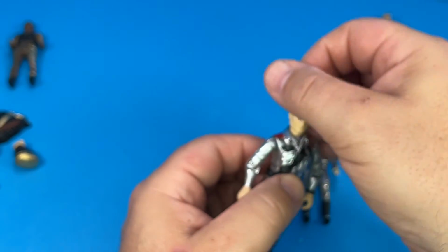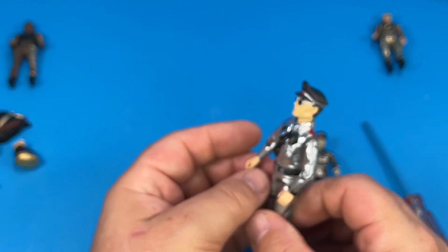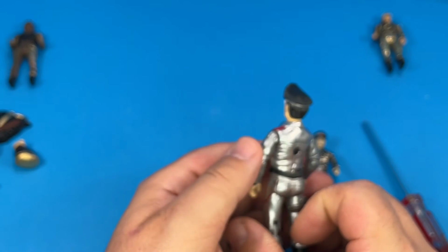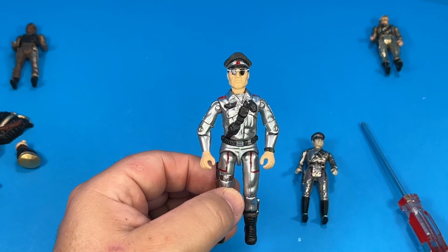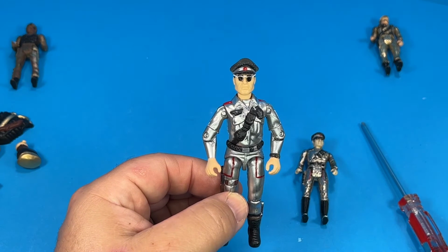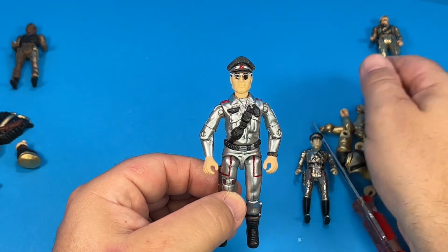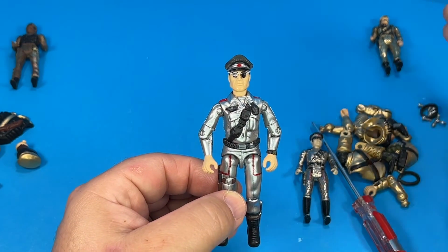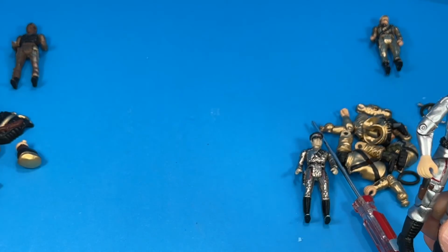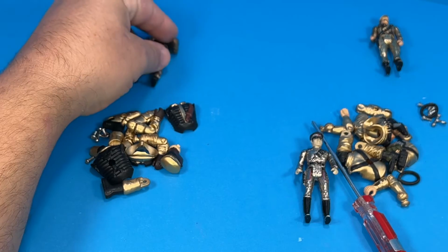And I'm going to repaint the black on this, but I'm going to be using enamel. I'm not going to show the painting. I've had enough painting in this video, but I will reveal when I get all of these figures put back together. I reveal what they look like beside